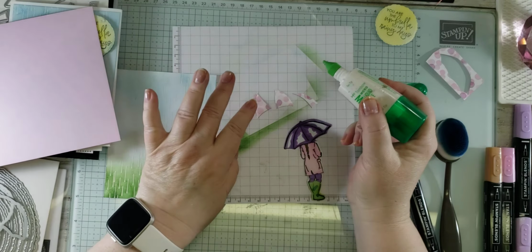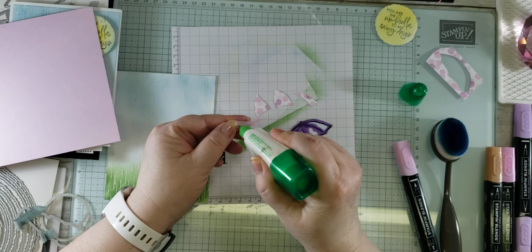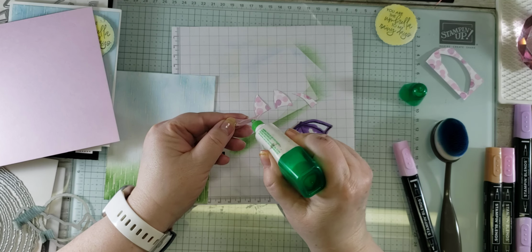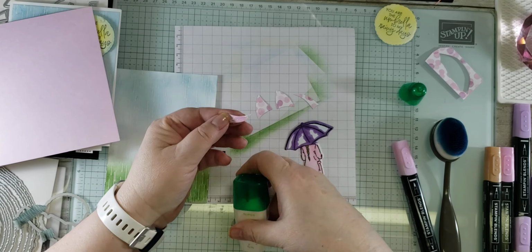You know, I want you guys to know that I sit down and I look at everything on my desk before I make a video. Inevitably, every video I've ever done, I have to stop and go grab something that I was sure I had,